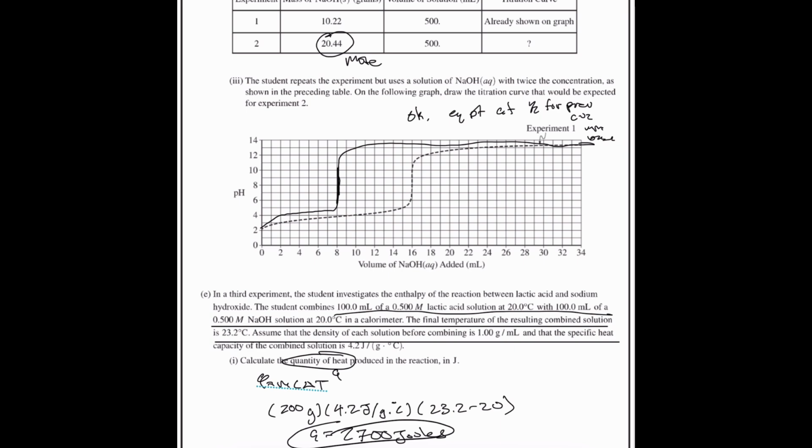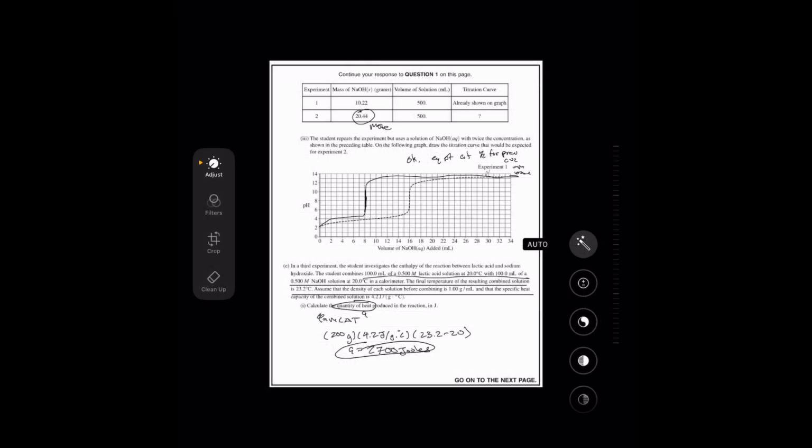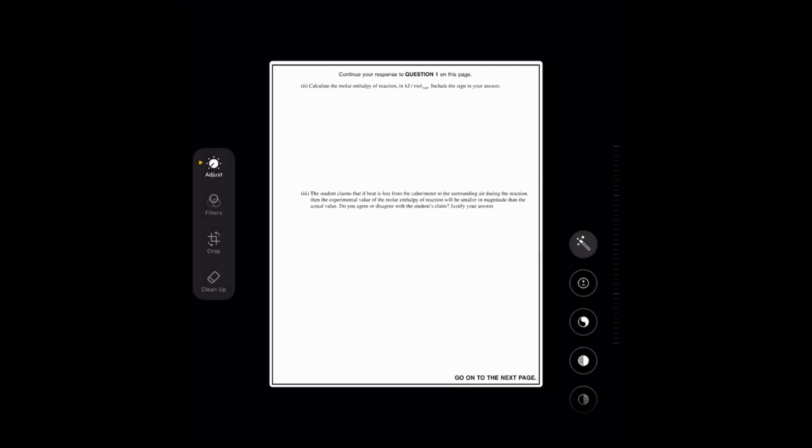Okay, next part of this question. Hopefully it's the last, because I think I spent way too long on this question, because I just kept spacing out. Anyways,